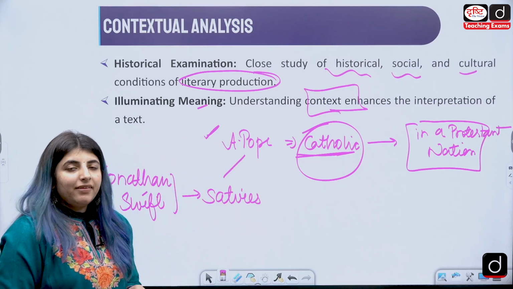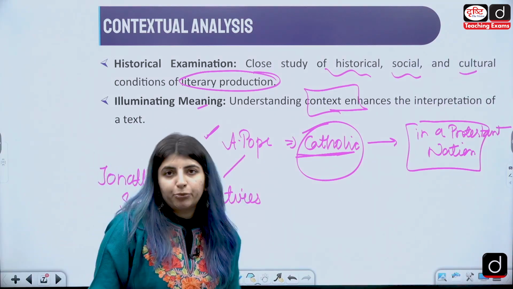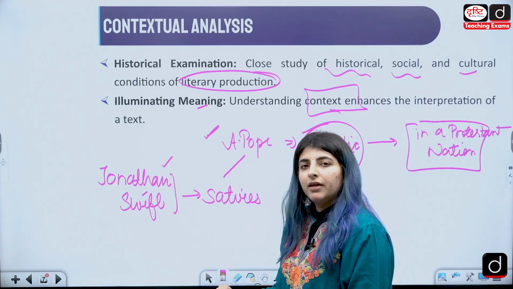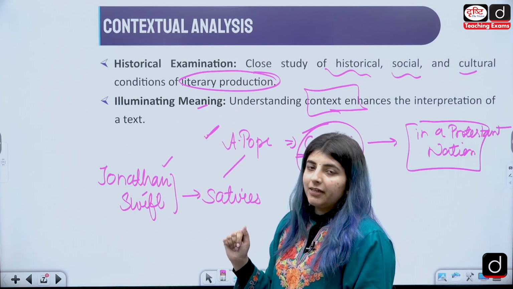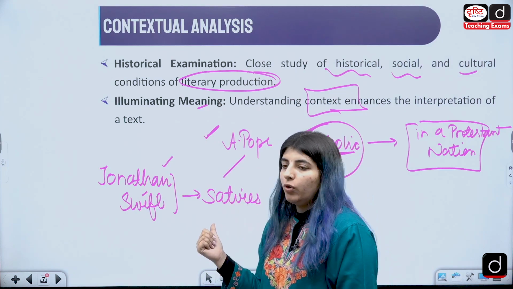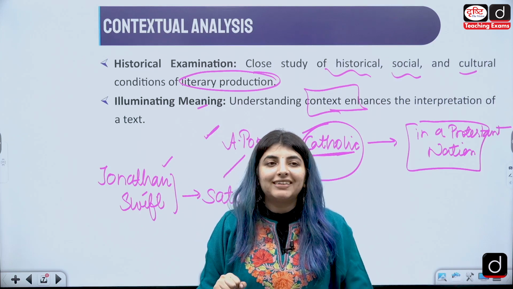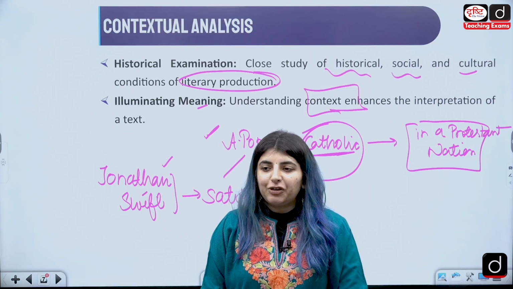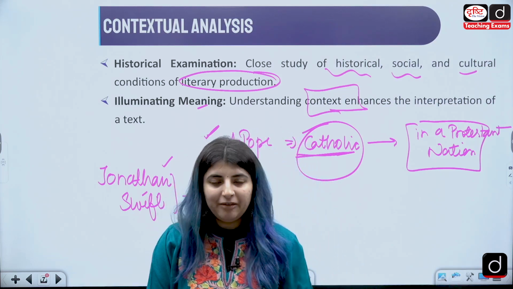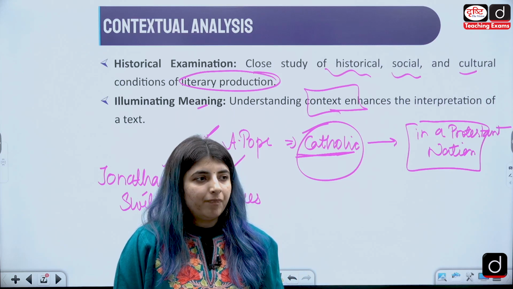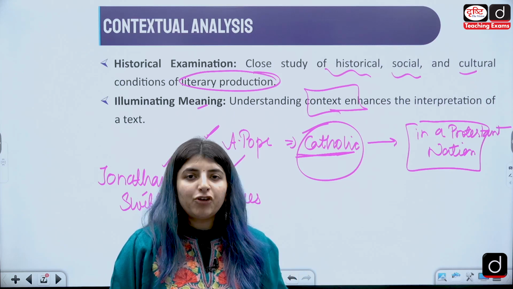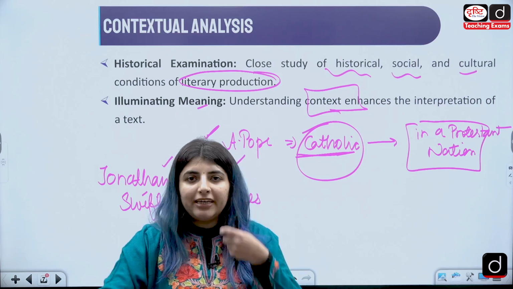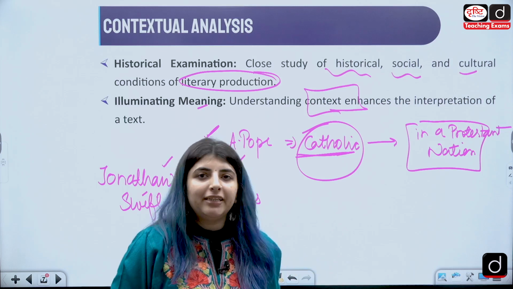And one such satire that he wrote was A Modest Proposal, right? Because he was a person from Ireland, and during the age of Pope, the Irish people were not treated nicely by the English people. So in A Modest Proposal, he said that the children of Ireland, we should help the English population. How? We will also reduce Ireland's population by eating the children, and giving their recipes, their meat to the English people,